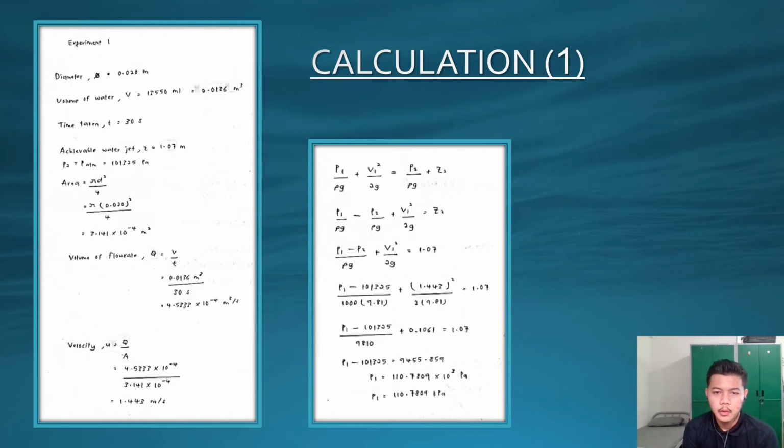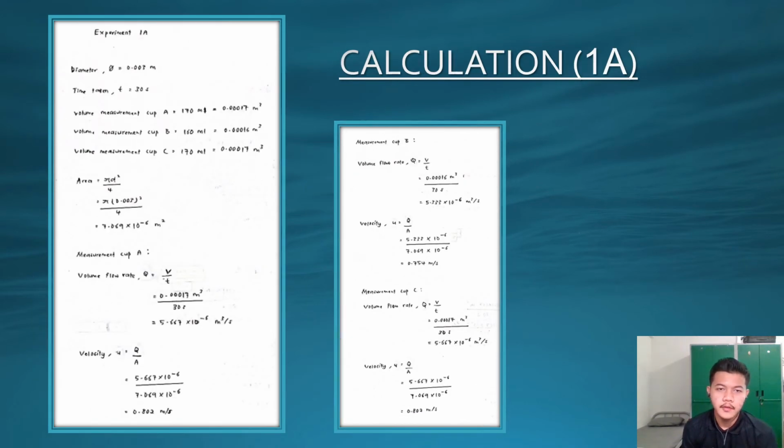To find P1, we use the formula P1 over rho g plus V1 squared over 2g equals P2 over rho g plus Z2. The value that we got for P1 is 110.7809 kilopascal. Calculation for experiment 1A, the diameter is 0.003 meter, the time taken is 30 seconds, volume measurement cup